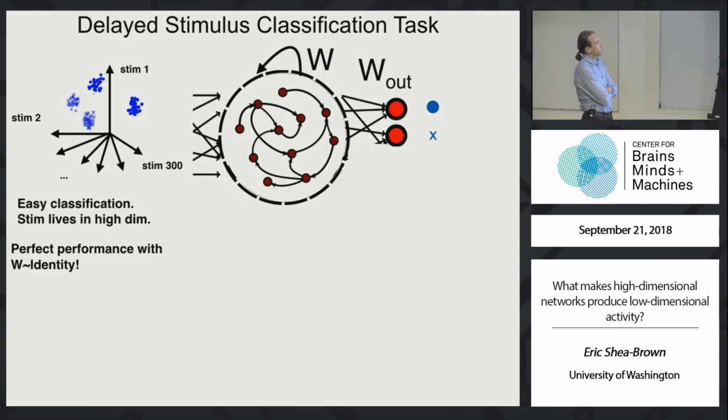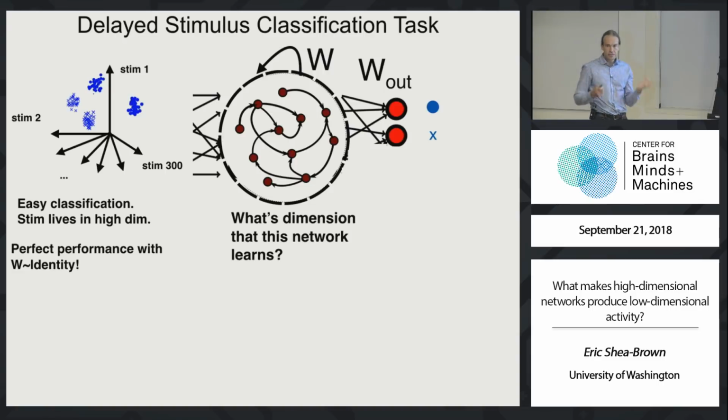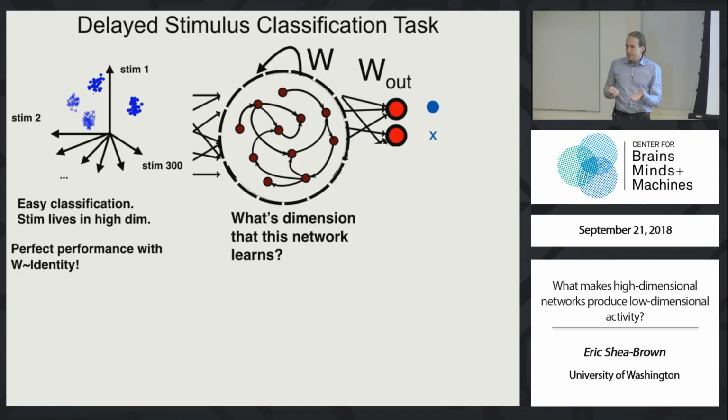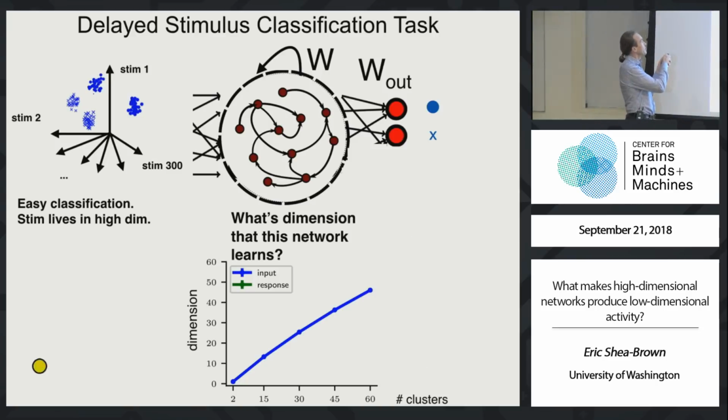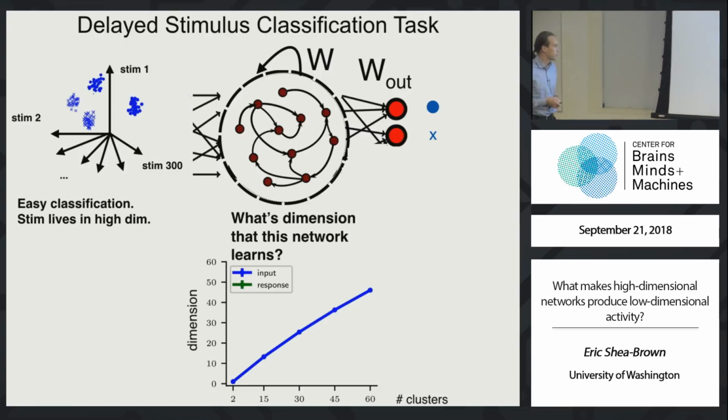It's helpful. Okay, so again, simple problem, but what happens in one of these recurrent neural networks when you train the network to solve this task? In this case, by train, I mean the standard thing. This is backpropagation through time, implemented through RMSprop in TensorFlow for people who care, in order to do stochastic gradient descent with some batch size on samples that look something like this. So what is the dimensionality that this network learns?